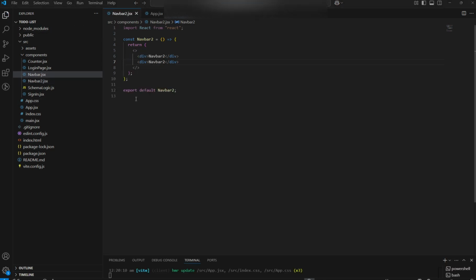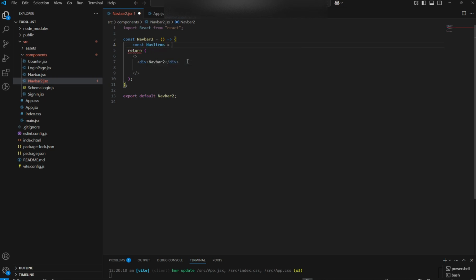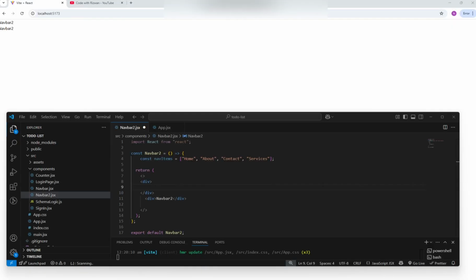Now for this, the better way to display the nav items is to simply place them inside of an array. So I am doing so. navItems is equal to an array. Now what I am doing next is creating 3 divs to display my nav items the way I saw earlier.